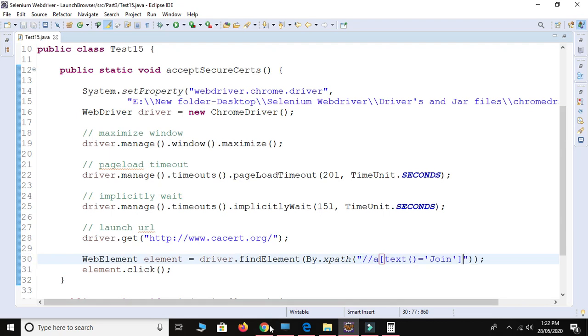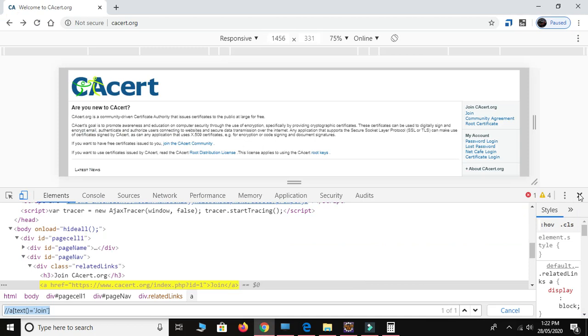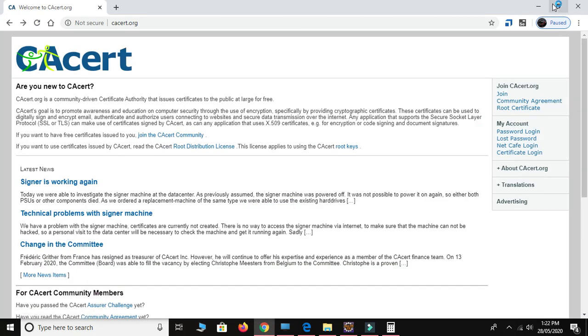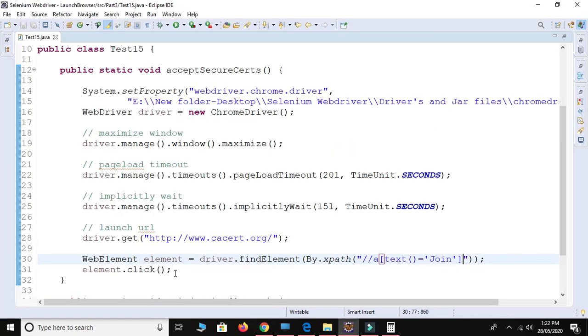And after finding this web element we need to click on the join. So we use the element.click method. Let me run this script. I will show you. Just run your script. Sometimes in our script we need to handle such type of certificate issue.